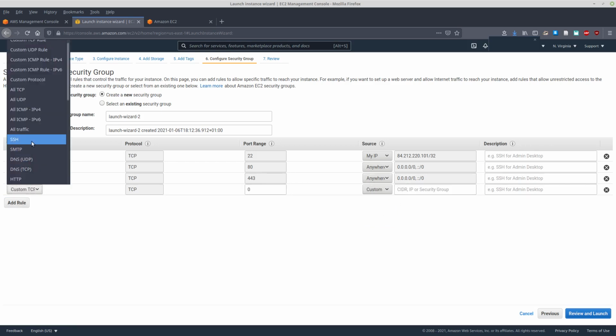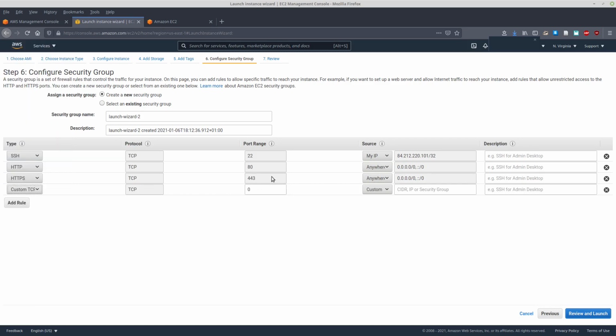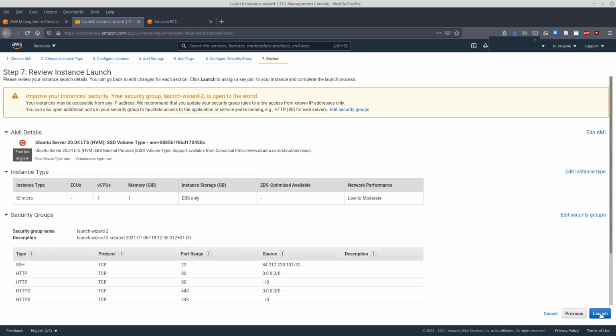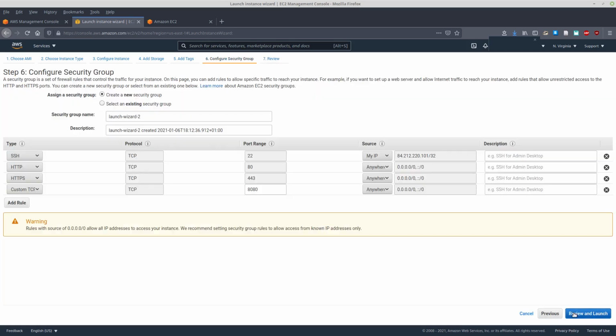Now also I can use a custom port of, let's imagine, 8086, and I can use anywhere. Okay, then I click that button. Alright, it is open to the world. Let's go back and let's delete this